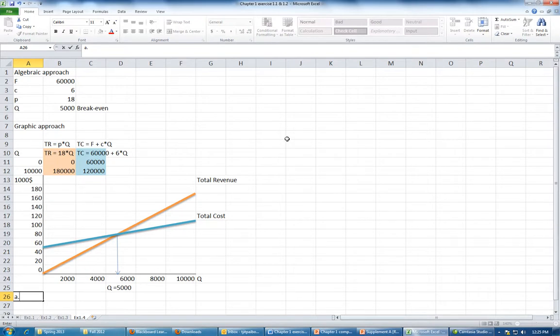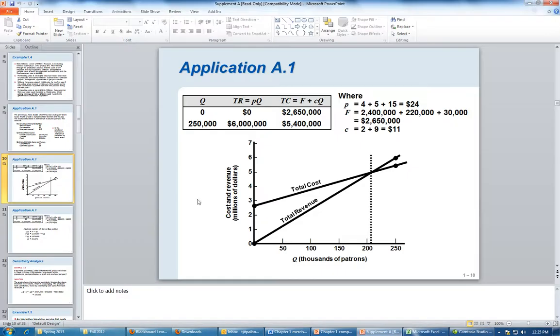Okay, for part B, the question asks, if the current quantity is 10,000 and the selling price is set to $14, what should be the contribution profit? Okay, the contribution profit